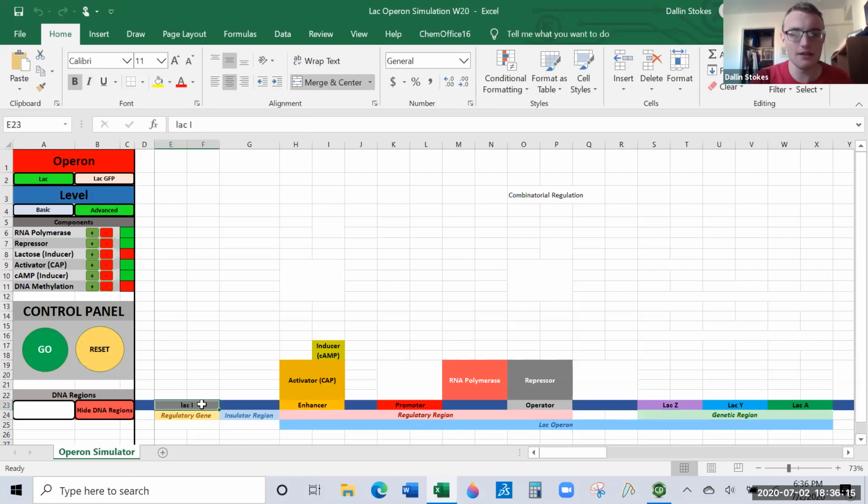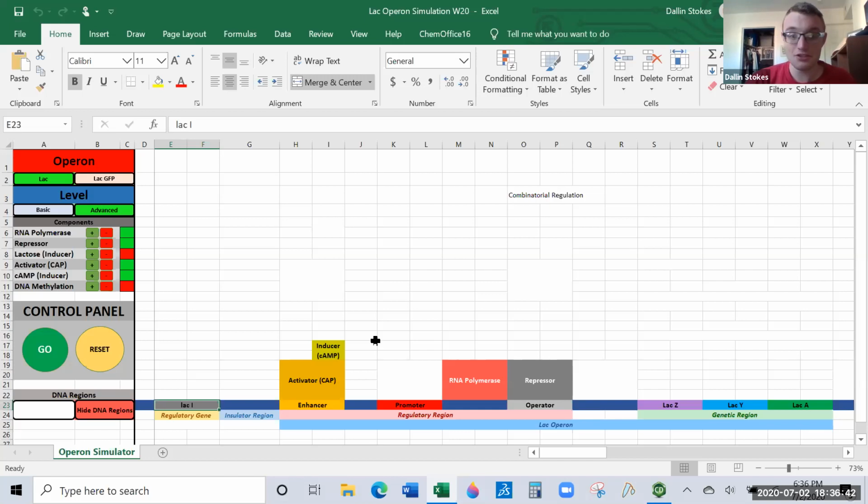Now notice over here on the left, there's another component I haven't talked about. That is LacI. Now LacI is a gene, but notice it's not part of the Lac operon. It's elsewhere on the bacteria's DNA. LacI is the name of the gene that makes the repressor.